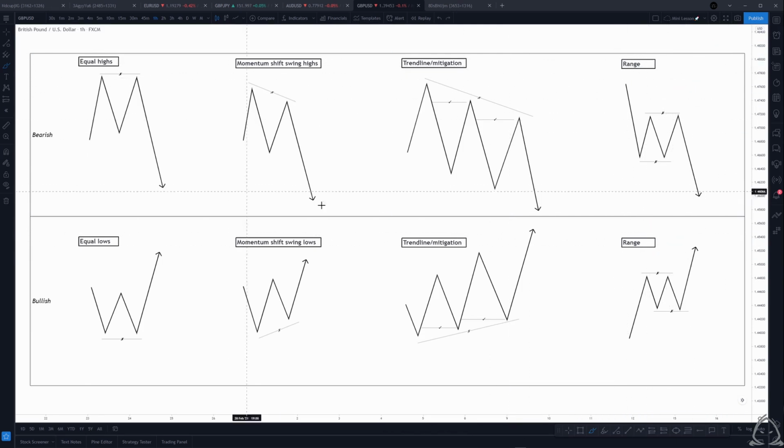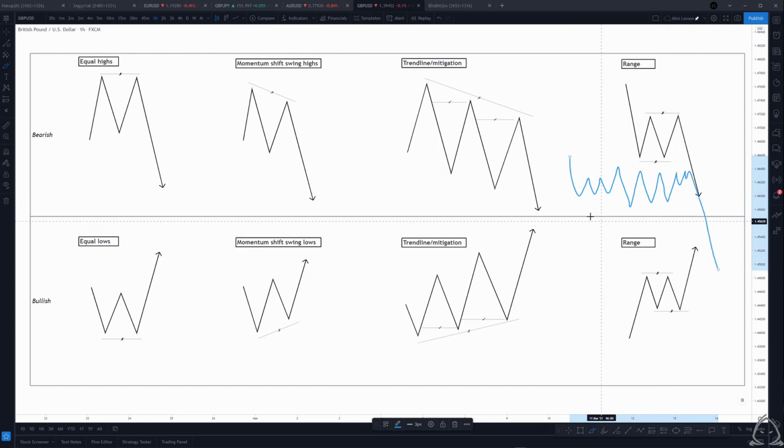Basically, this is almost the same as equal highs and equal lows. But what we can see is price comes from an impulse to the downside, and then we start to create equal highs, equal lows. Now the range itself can be much longer. We can see price basically do stuff like this: sweep the highs, sweep the lows, and then just start to make bigger ranges. I'm sure we've all seen it time and time again until we initiate out. And what this suggests is that we're building liquidity on either side, and the side that does not get initiated out of. So in this case, we've initiated to the downside,